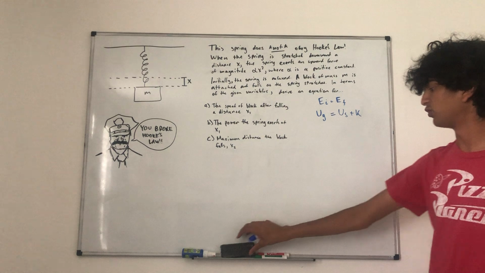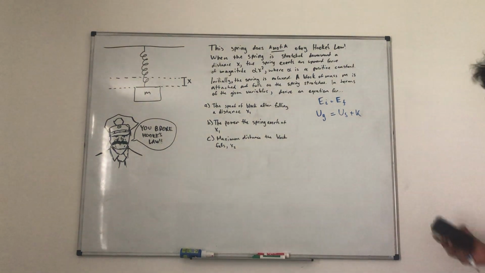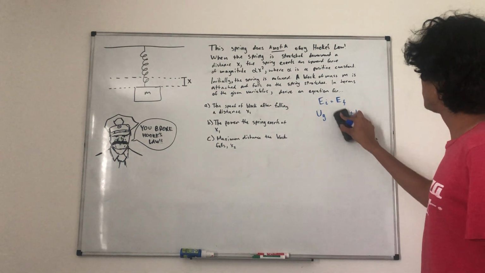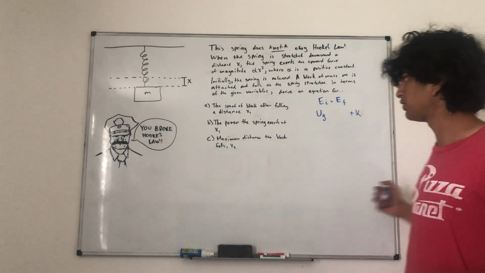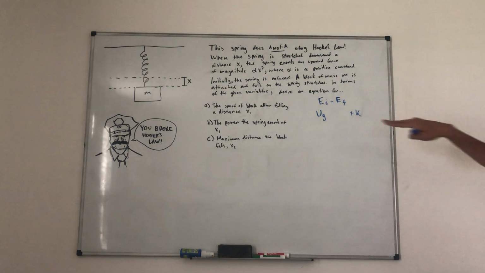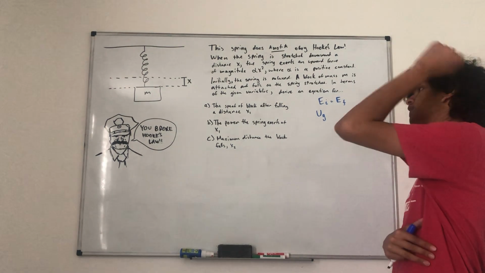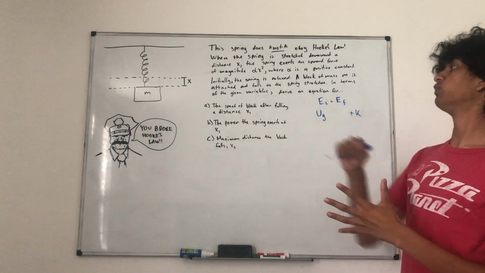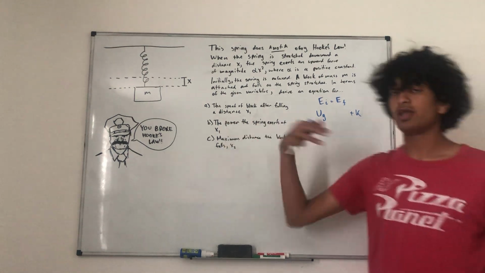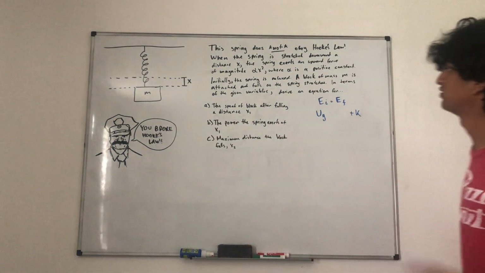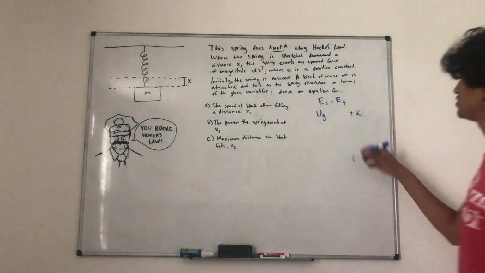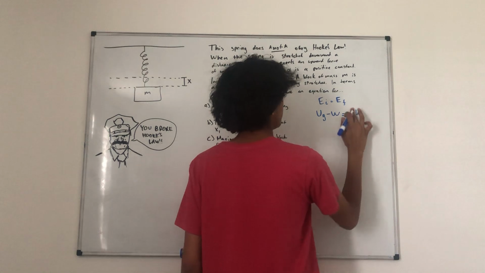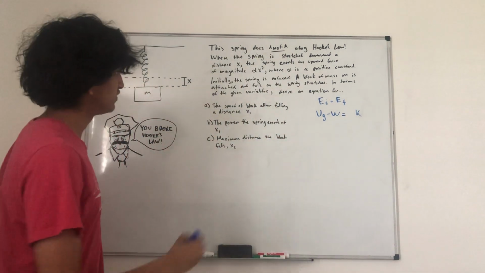But we can use the work-energy theorem. Initially there's some UG. Instead of having U spring at the end, we can say the initial energy is UG minus the energy removed by the spring. The spring is going to do negative work, because it's in the opposite direction of the movement. So UG minus the energy removed is going to equal the kinetic energy. UG is going to equal mgh